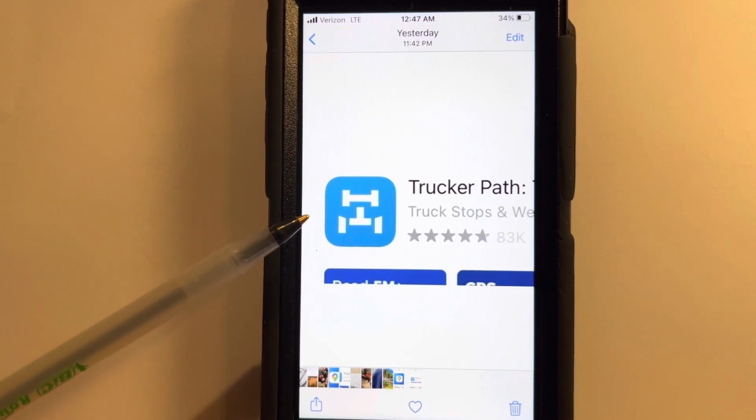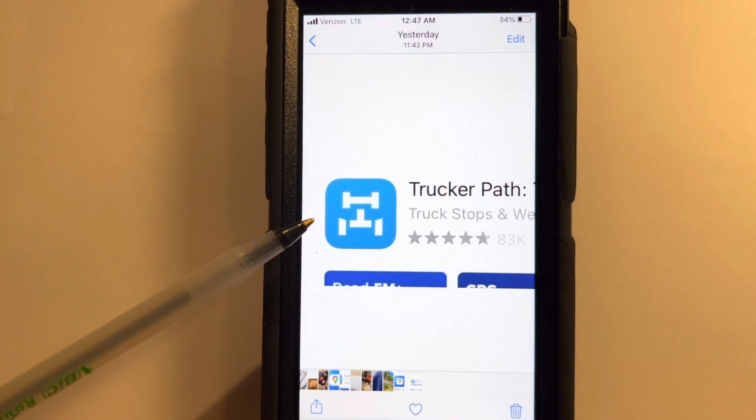The other thing I like about Trucker Path is you can enter GPS coordinates just like you can on Google Maps. So it's just like Google Maps, except it's 3 times better, and it is specific for trucks. So I would highly